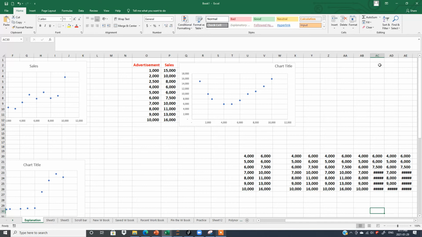So what you have to do is bring your insertion point here. When you see this kind of arrow or the plus sign, double click here. Right? In this way you can increase the width, or the other way is to press and hold your mouse and drag it. You can increase the size of the column.